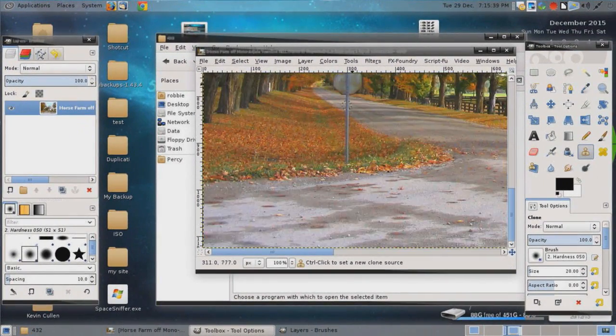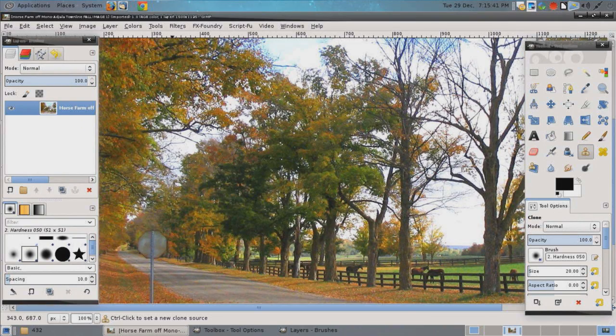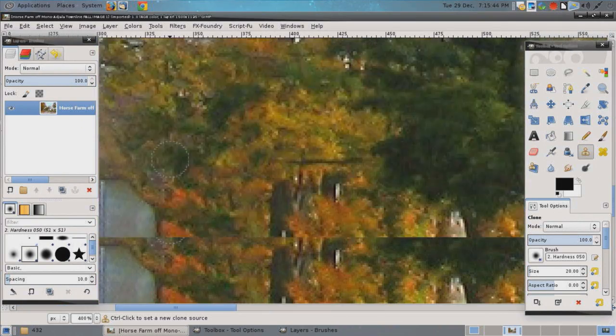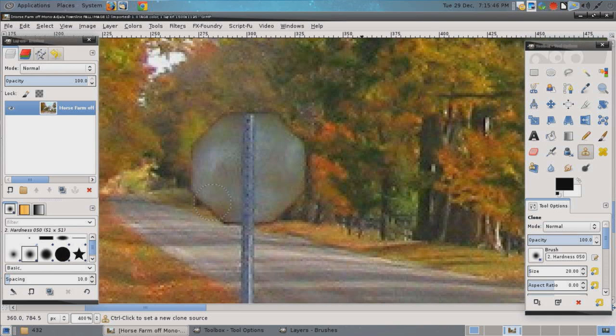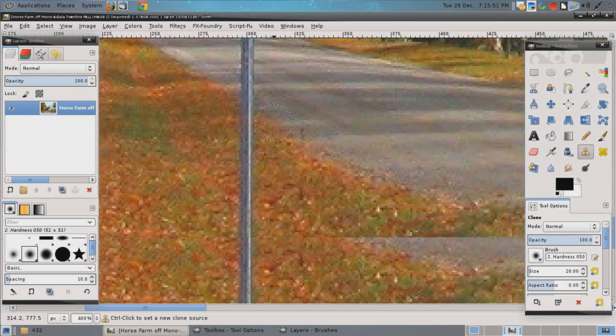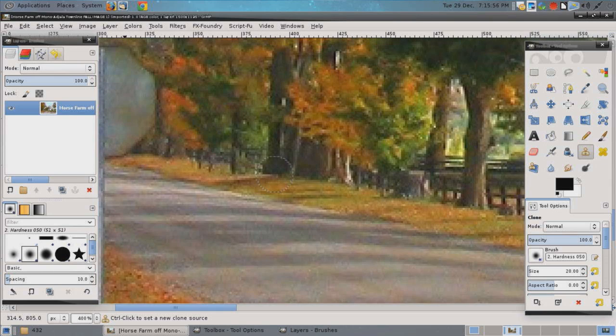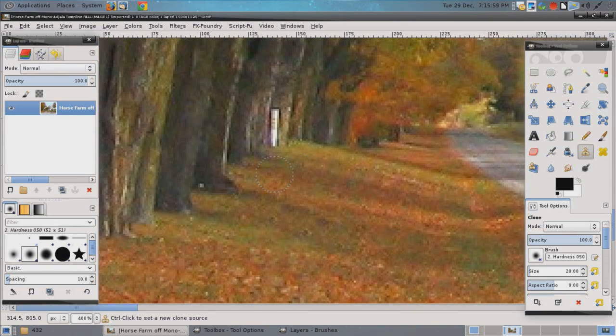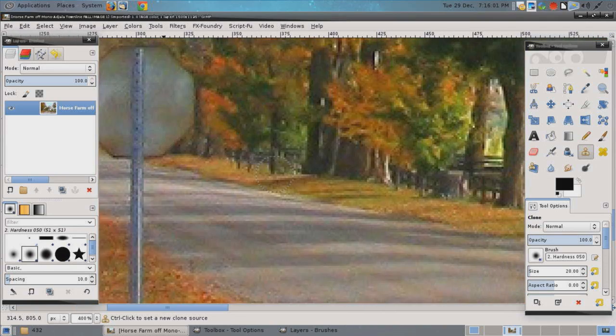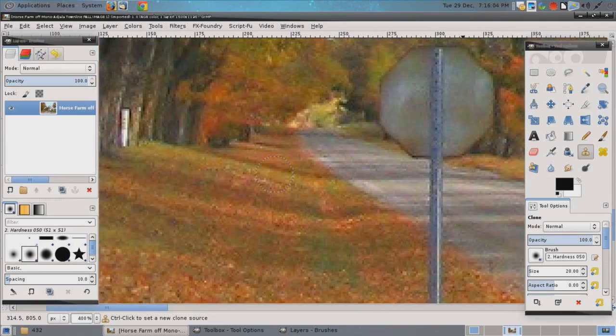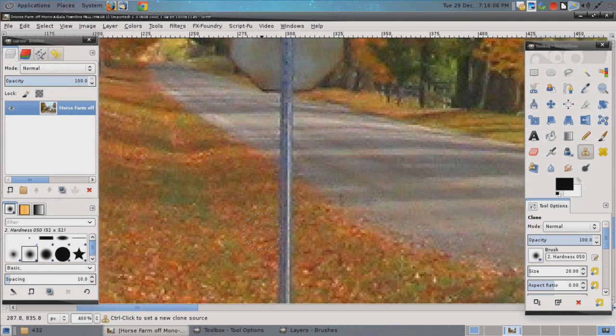So looking at our photograph here, I'm going to zoom in by pressing Shift and plus. That lets me zoom in on the picture, and then I can use my mouse wheel up and down, which takes me up and down the image. If I hold in the left Shift key on my keyboard, up and down now goes right for down and left for up. So I can move all around the image just by that single finger on the keyboard, up and down on my mouse wheel. That's useful information.